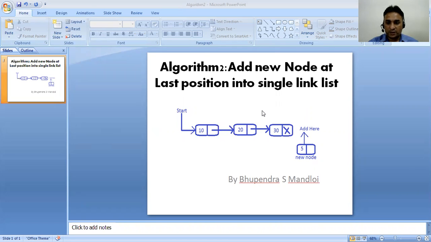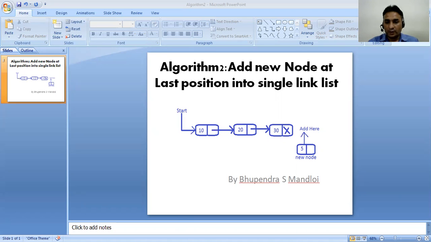Our purpose is, first, to create a new node. After creating the new node, we will write the procedure for how to add the created node at last position.